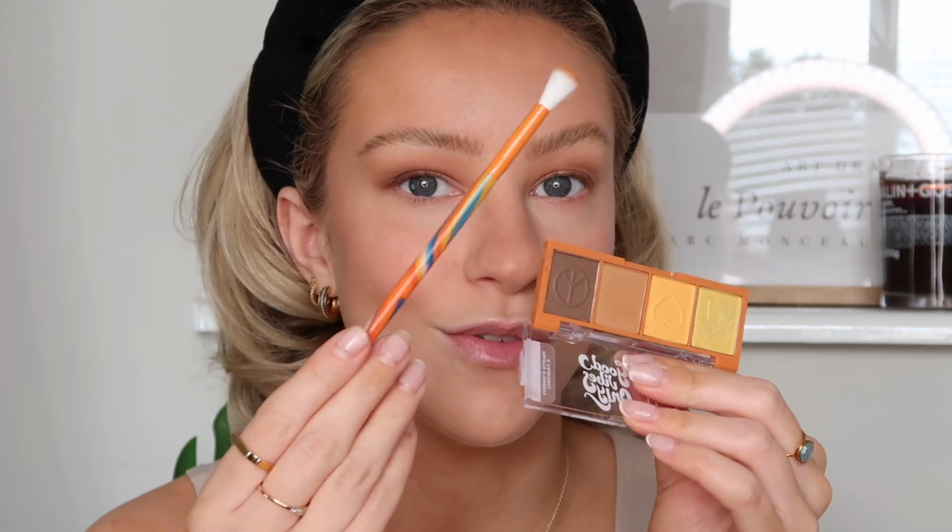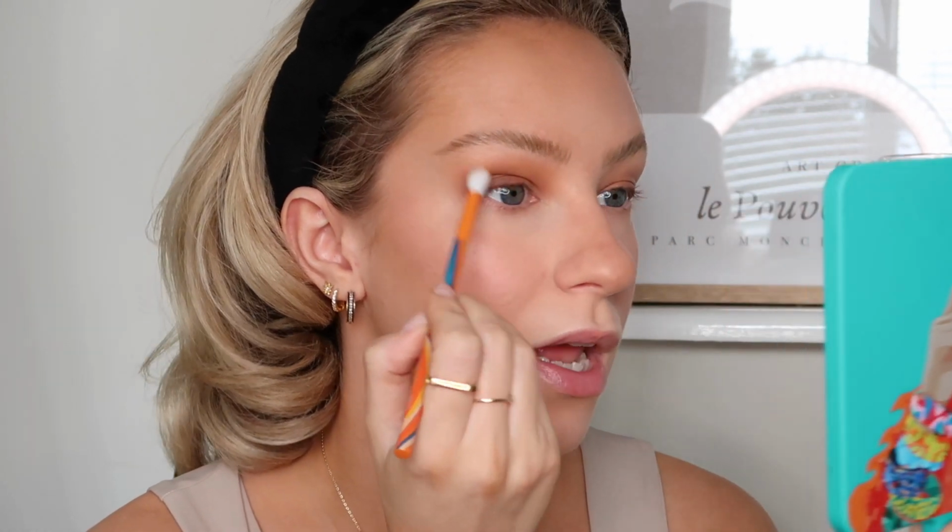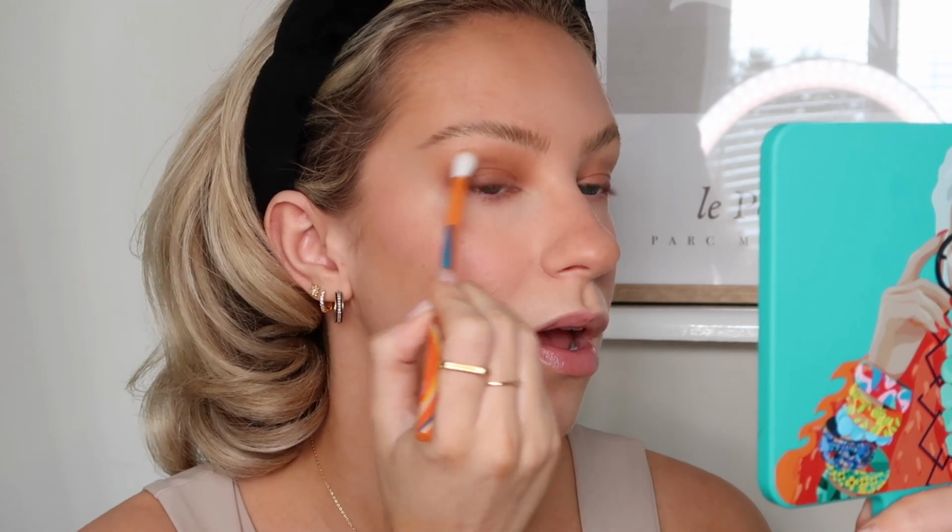I love the groovy vibes, and I'm just taking that bronzy shade through the crease just to really smoke everything out and blend everything up. That blended so nicely. Note to self, buy more e.l.f. makeup. I'd probably just leave it here if you want a matte smoky eye, maybe add a bit of an inner corner highlight,